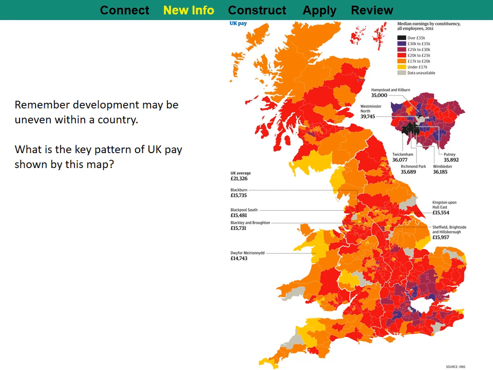So I don't know what colour this would come out as. I guess it would come out somewhere in between the red. Probably the red colour would be the general average, maybe slightly darker red. In between the red and the purple would be the average for the whole of the country. But that's the breakdown across the UK. So interesting to note, and we'll come back to this later, the difference in salaries across the country, and the fact that the south or southeast has much higher levels than the rest of the country. Okay,